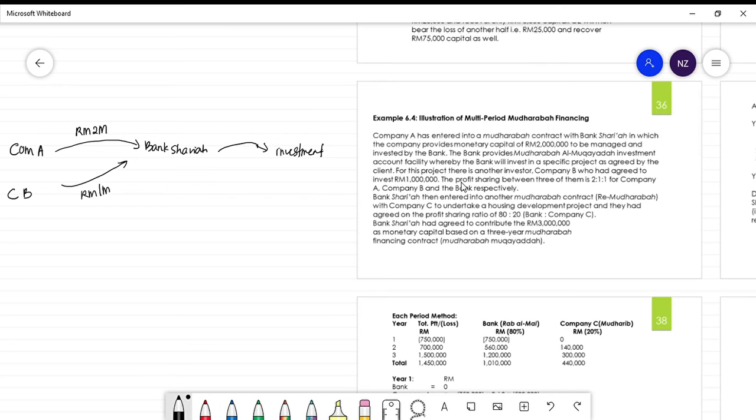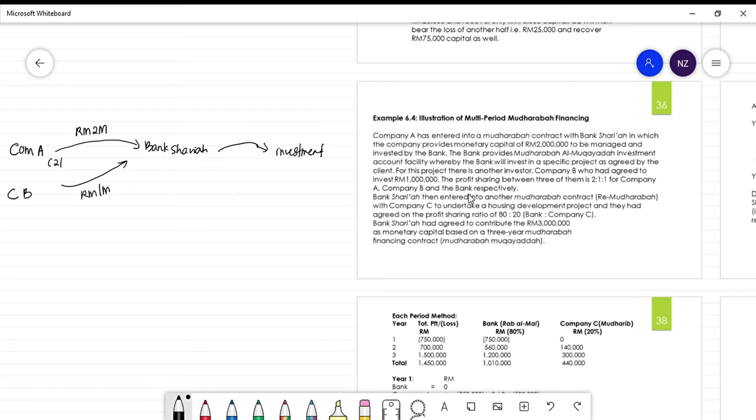So kita sekarang ada dua rock woman, company A dengan company B. So maknanya dua-dua ni dia provide capital to the bank syariah untuk bank syariah ni invest that money to the project lah. Okay, and then the profit sharing between three of them is 2-1-1 for company A, B and the bank. Okay, maksudnya company A ni akan dapat